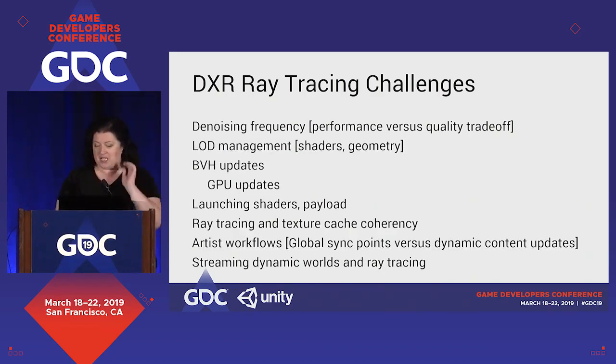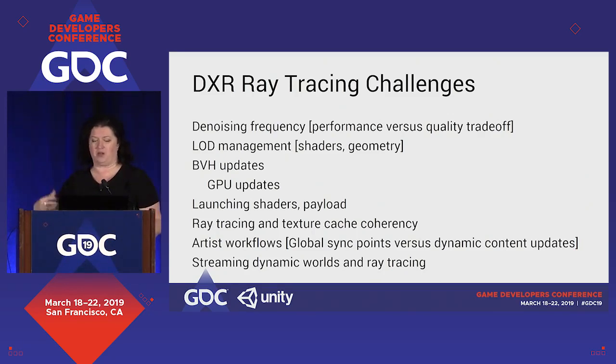So a couple of things, I'll just mention them. We have global acceleration structures and global reflection tables. How will this work with streaming? How will this work with LODs? How will this work with shaders that need to be compiled iteratively? How will this work with all the dynamic objects that we want to procedurally create? Lots of challenges there. How will they work with GPU updates? I can't update the BVH structure on the GPU. So there's a lot of deep thinking that needs to occur on that front before we can really start thinking about truly integrating this in a proper way.